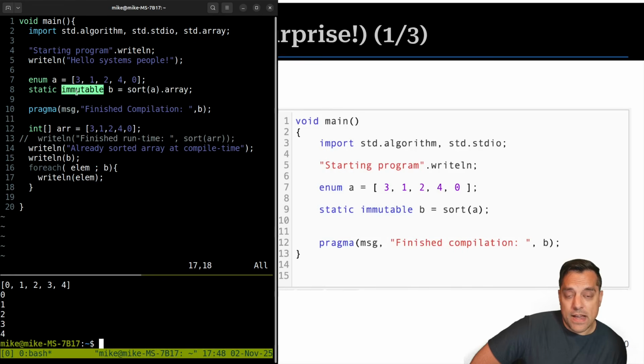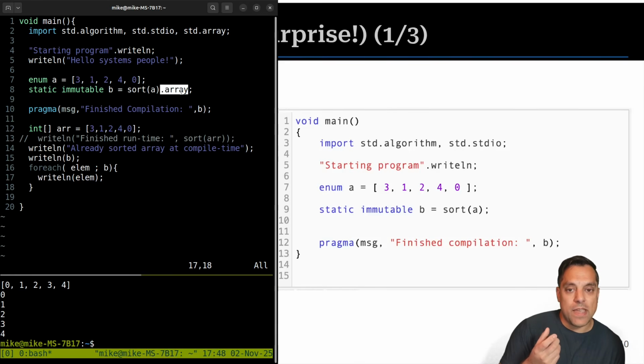Now, this immutable variable is like const, this qualifier here, but it's much, much stronger. That's why we had to actually convert this into an array, something that I could do something with at this point in time. But anyways, immutable is basically a stronger guarantee than const, and I'll get into that later.